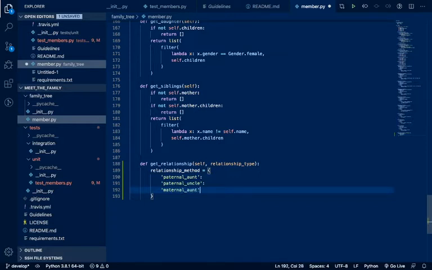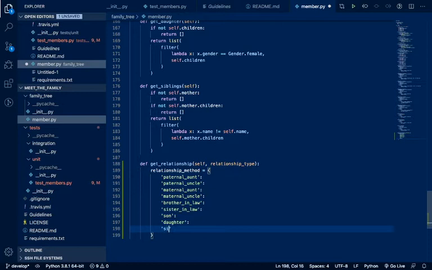Maternal aunt, maternal uncle, and then we have brother in law, sister in law, then we have son, daughter, and then siblings,